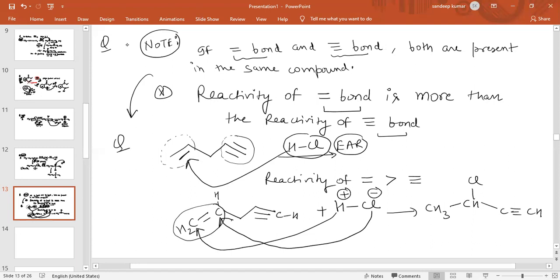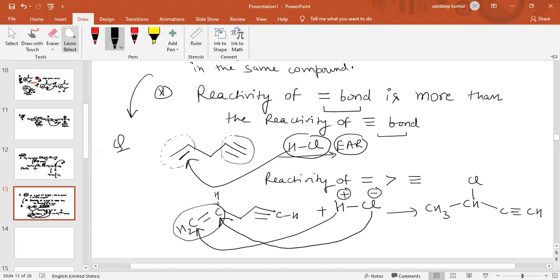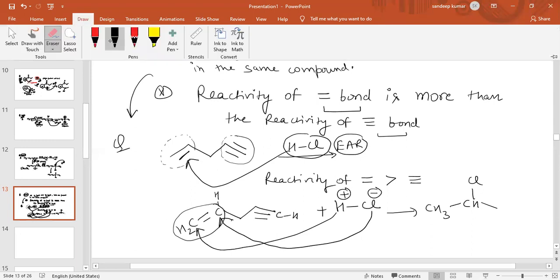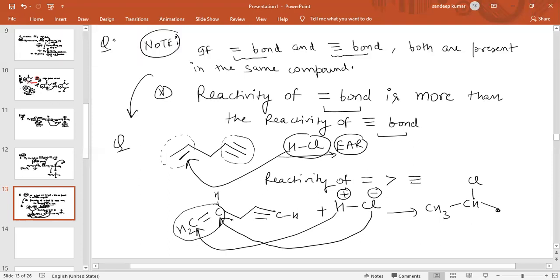As there are five carbon atoms, draw these five carbon atoms, not four. So this basically contains five carbon atoms. See, addition of Cl on this carbon atom because it has fewer hydrogens, and addition of hydrogen on this carbon atom. Now again there is CH2, and then C triple bond CH. So this is basically the final answer. So always remember, whenever there is a double bond and a triple bond, the reactivity of alkene is more than alkyne.